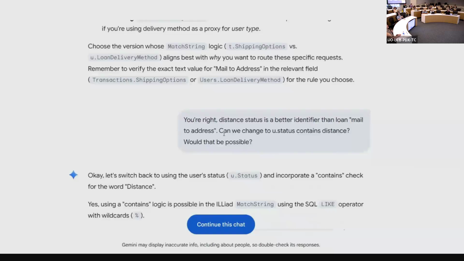So I refined it down a little more, asked if we could change the correct field to contains distance. So like here at UT, all of our distance students have distance in their status. So it would be like undergrad distance or graduate distance or staff distance or faculty distance.